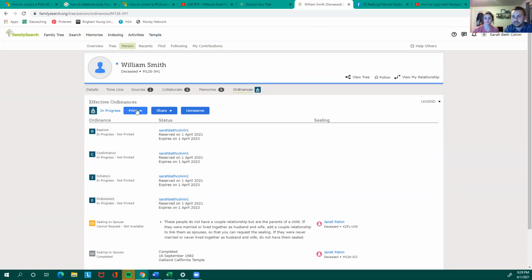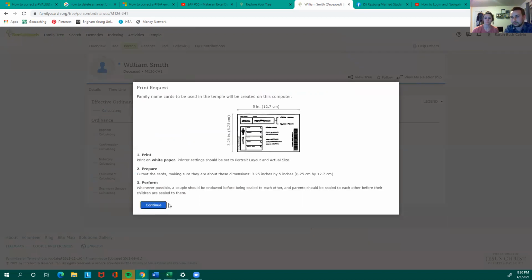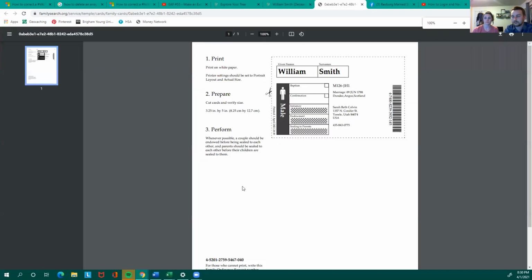So I'm going to go ahead and print for William Smith all of these out to take to the temple. Hit the print drop down, select print family name cards, and then if you're going to take them all, if you want to do baptisms, confirmations, initiatory, and endowment, then you can leave them all selected. Say I just want to do baptism and confirmation. So I'll deselect initiatory and endowment, hit continue, continue again, and then it'll bring you to this 8.5 by 11